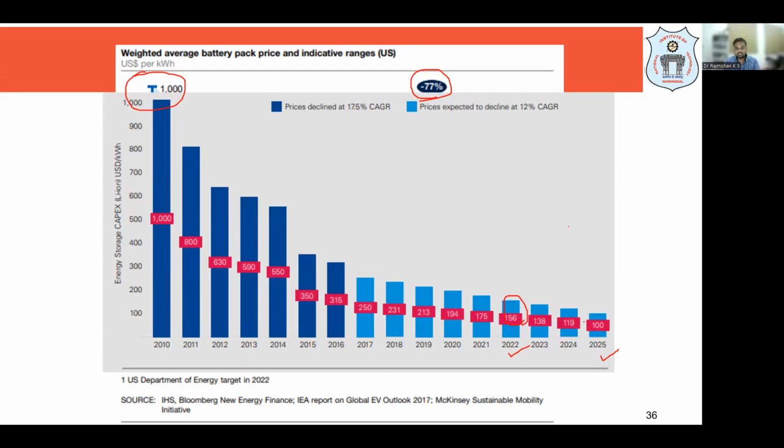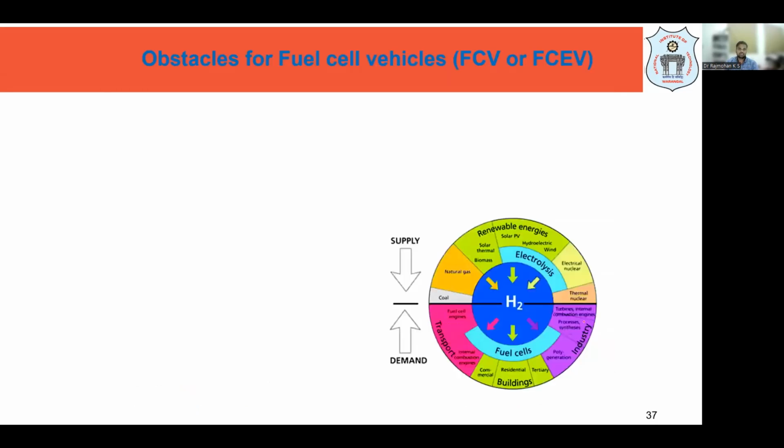A lot of research is being done in these areas of batteries, which we are going to discuss in our module number 4, where we will discuss lithium and rechargeable batteries, because primary batteries are use and throw batteries. If you look at the secondary, rechargeable batteries, mainly we will discuss lithium ion batteries, transition metal oxide batteries. Okay, lithium batteries, sodium batteries are there, all that we'll discuss in detail. Also, we'll look into flow batteries, and we'll discuss air batteries also. So that we will discuss in the next lecture.